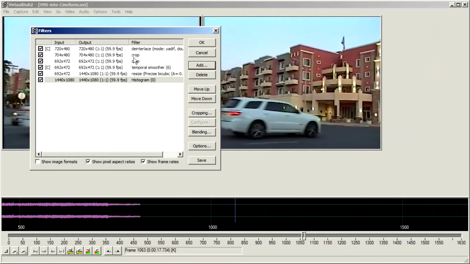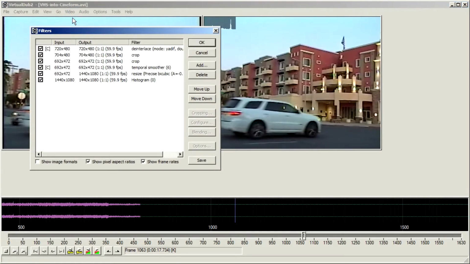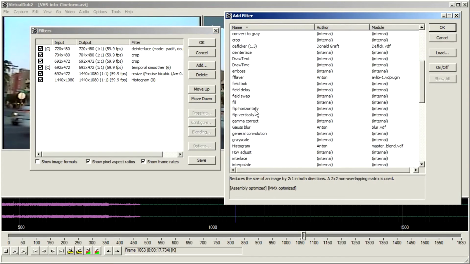To verify the levels, temporarily add histogram filter at the end of the filter chain, then skip to a portion of the video with dark or black areas and check whether black starts from the very beginning. In my case, it does. So I need to sort of compress the luminance levels.